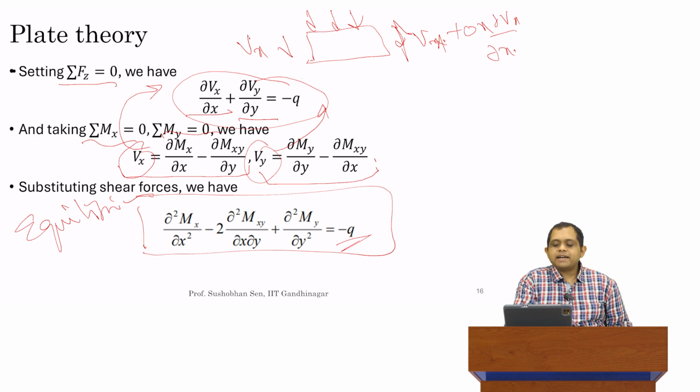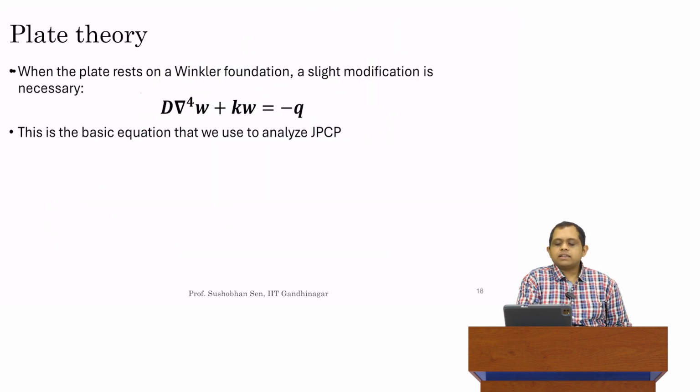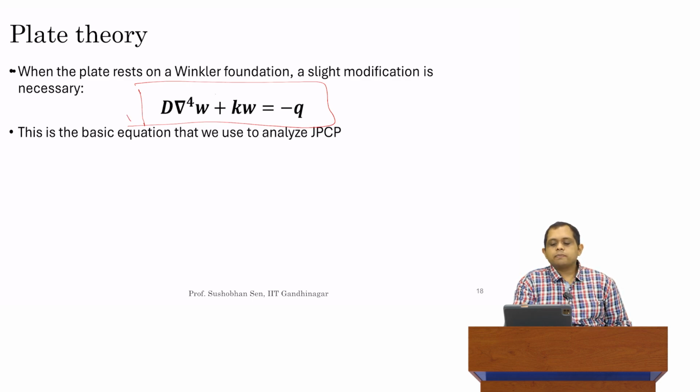So I can actually just plug it into this balance equation, and I'll simply get a slightly extra term over here, which is Kw. And so adding that, I get the following equation. D into del power 4 W plus Kw is equal to minus Q. This equation is a combination of